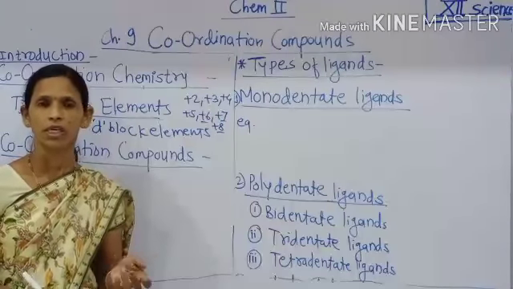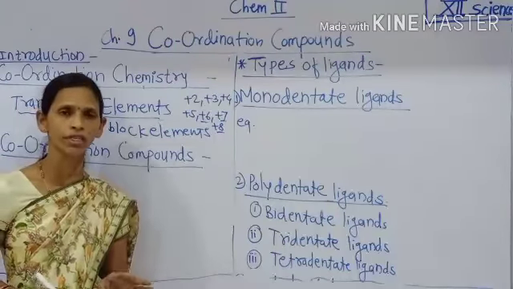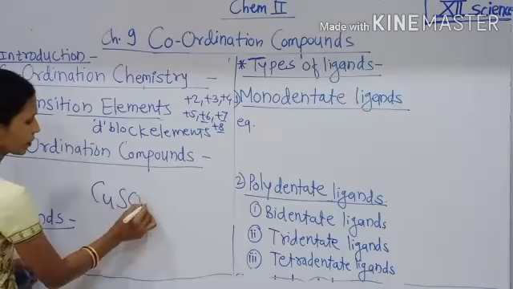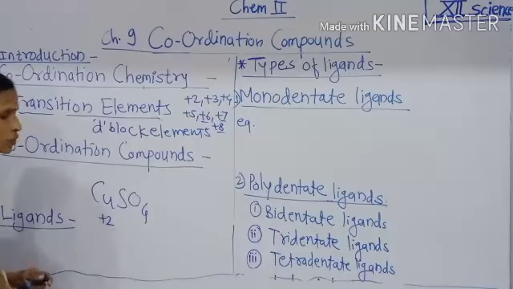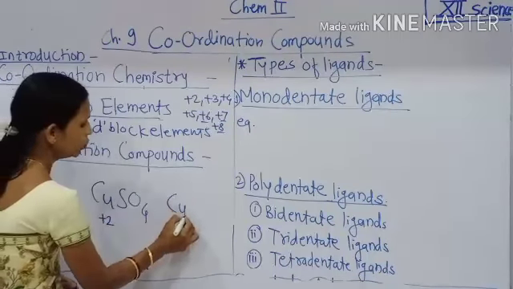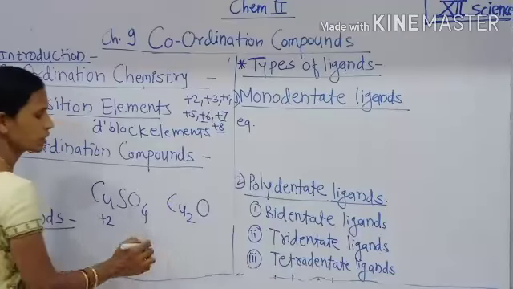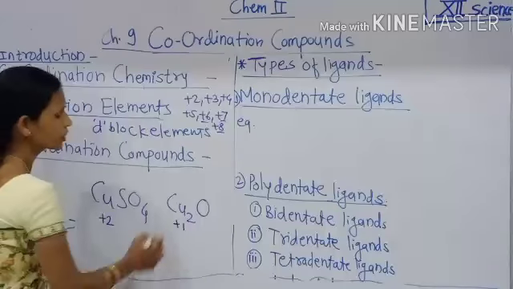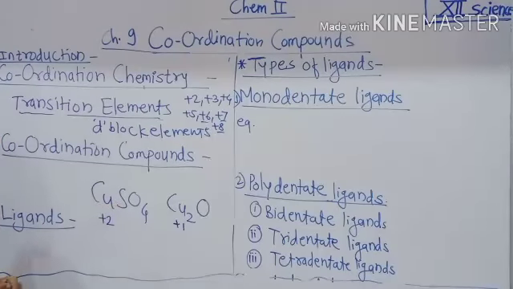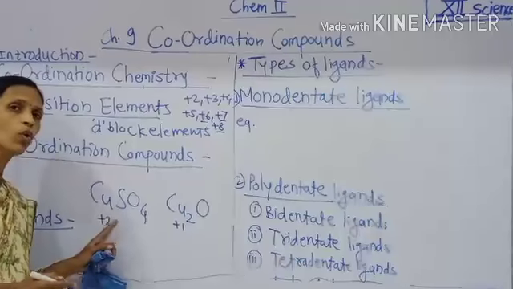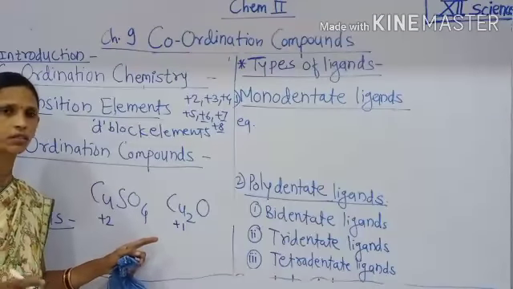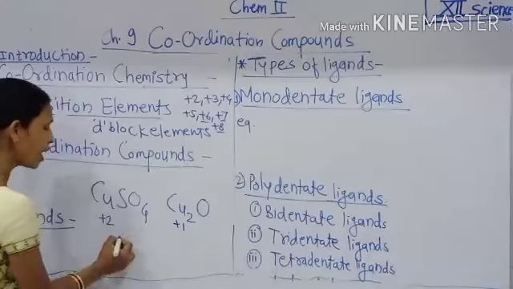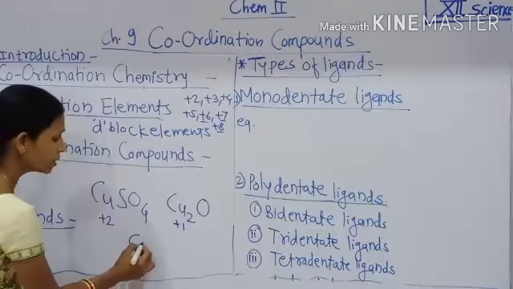They form simple compounds in their lower oxidation state, like copper sulfate, CuSO4, in which Cu is in +2 oxidation state, while in Cu2O, copper is in +1 oxidation state. That means in lower oxidation state, transition elements form simple compounds, and in higher oxidation state they form complex compounds,